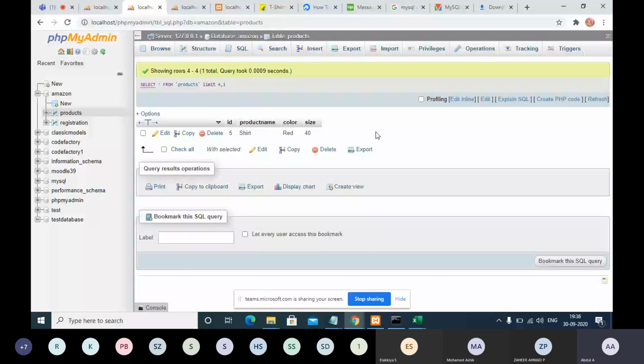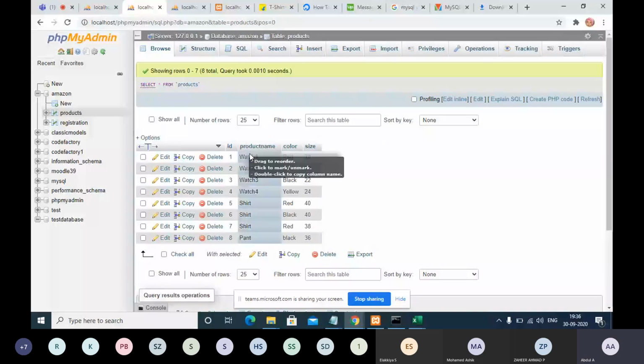Now, for example, if we click the browse button, all the records are displaying. For example, I need only red color watches and only red color shirts. What do I need to do?